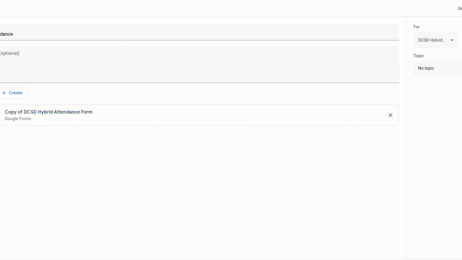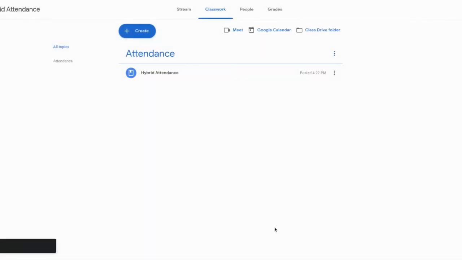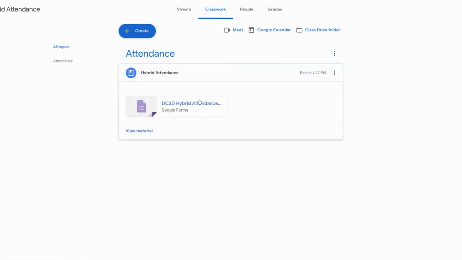And before we click post, let's assign that to our attendance topic so it's automatically attached to that particular topic. So let's go ahead and click post. And now you will notice in your classwork, the hybrid attendance is automatically there. When a student comes to this page, they will go to classwork, click on hybrid attendance,